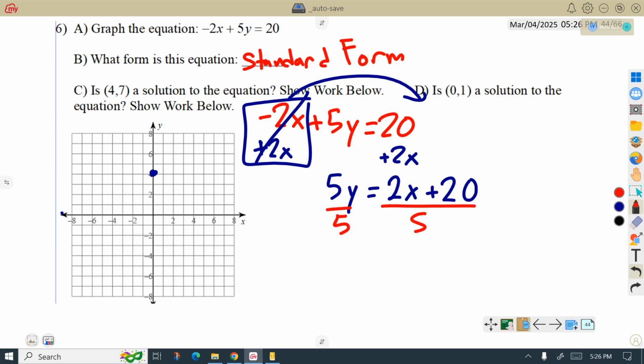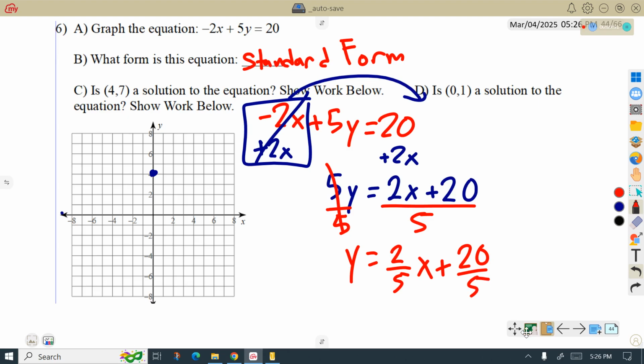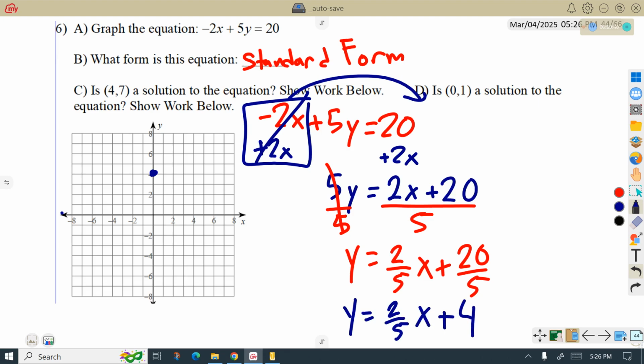So we're getting close to the end here. I cancel out the 5s and I get y equals 2 over 5x plus 20 over 5. Well, what's that make though? 20 over 5, I think we know, is 4. So I know that I could go up to 4, but look, we already have that point on our axis. And now to do my slope, I go over 5 and up 2. So I can continue that